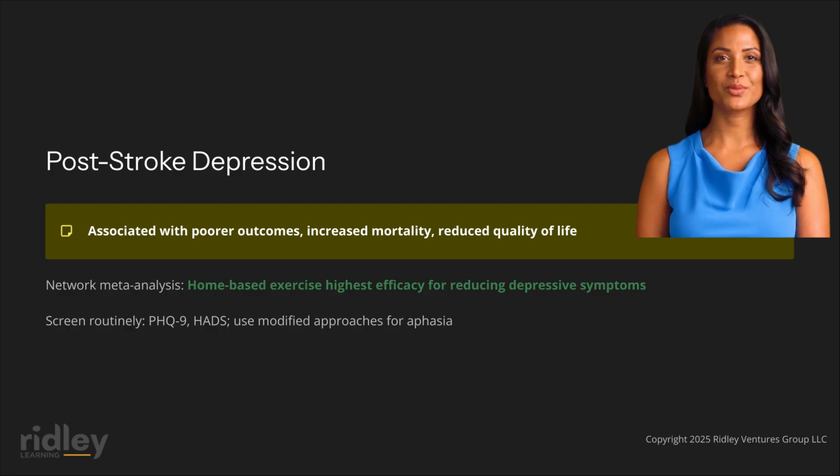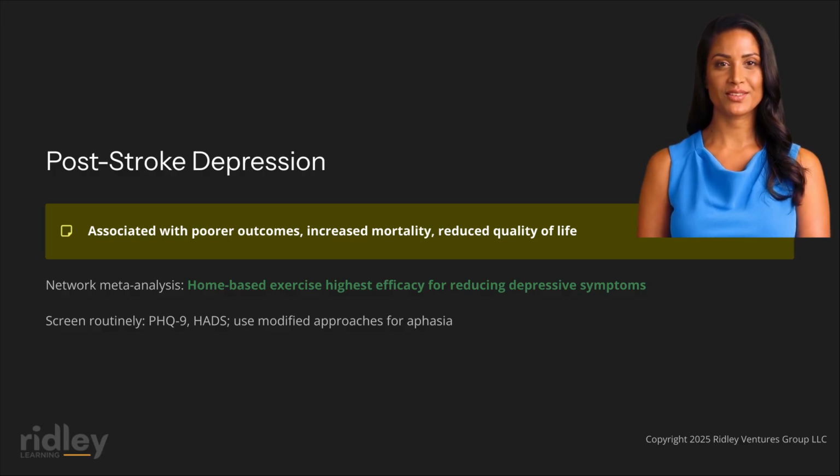Post-stroke depression represents one of the most common and consequential complications of stroke, affecting approximately 30% of survivors within the first year and associated with poorer functional outcomes, increased mortality, and substantial reduction in quality of life for patients and caregivers alike. Network meta-analyses examining non-pharmacological interventions for post-stroke depression provide valuable guidance for understanding the relative effectiveness of different